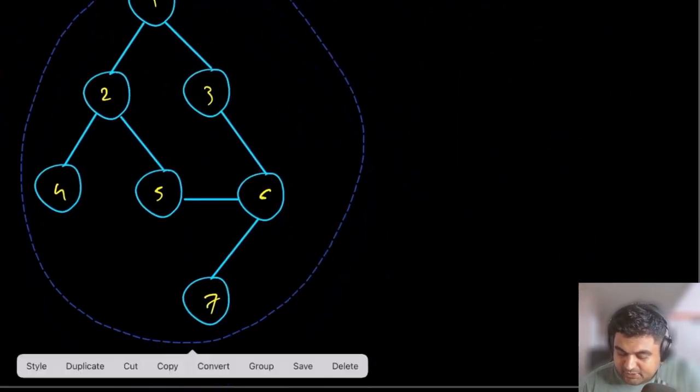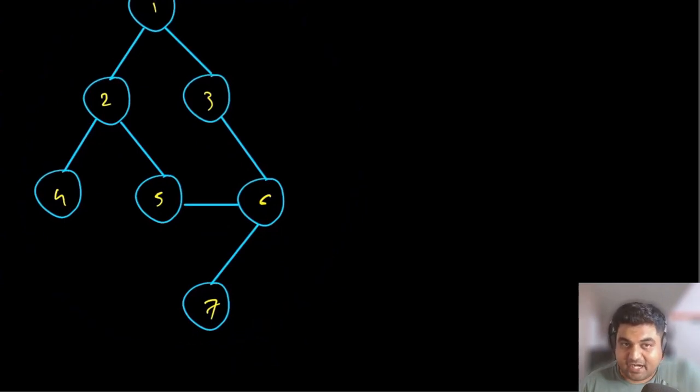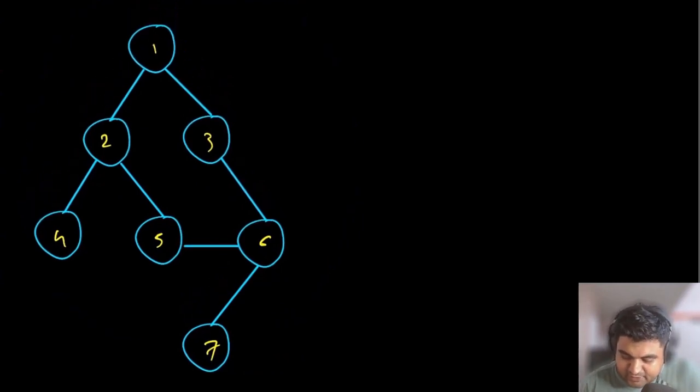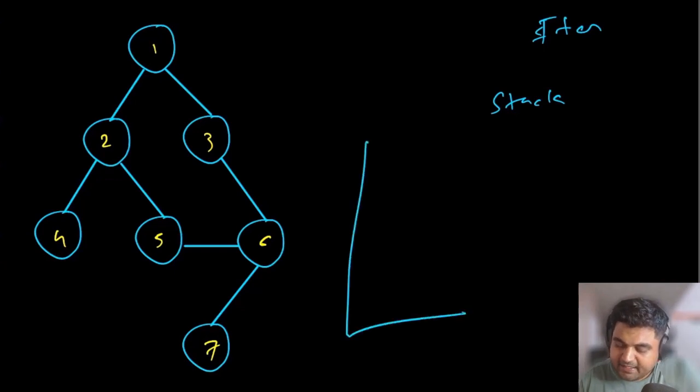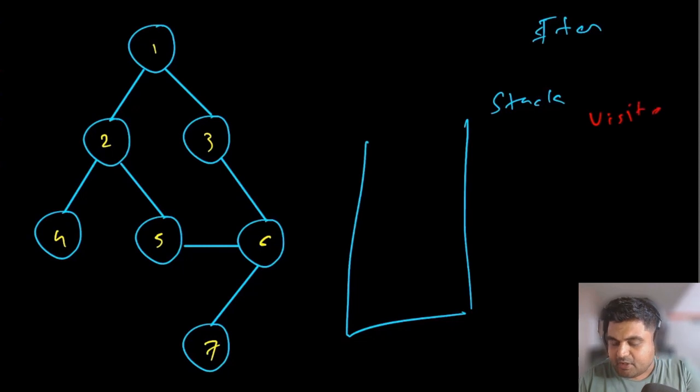Let's just do the same thing with a graph. Now this looks like a tree, but this is actually a graph because there exists a loop inside this. Typically trees do not have a loop, but graphs do. So that is why this is a graph. Again, let's just implement our iterative method. We are going to use a stack. We are going to use the property of last in first out. And along with our stack, we are also going to have a visited hash set because this is a graph. So we will definitely need this.